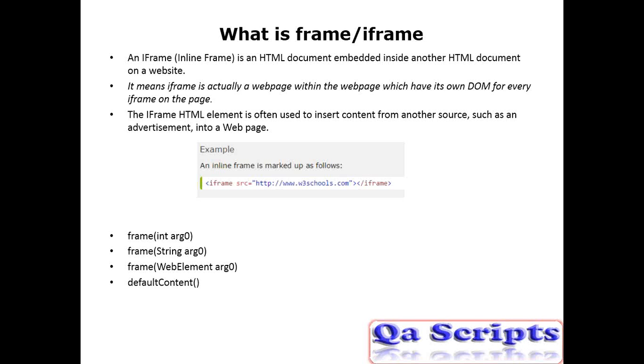Hence, we need to switch back. I think at this time you may wonder what is going to happen, but once we start coding, it will be easy to understand. Then let us start coding and see how we can switch from the main window to the frame.